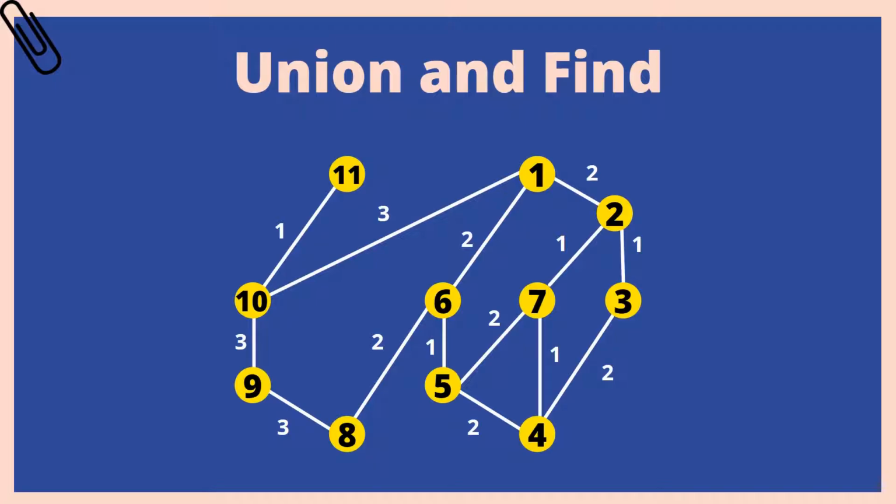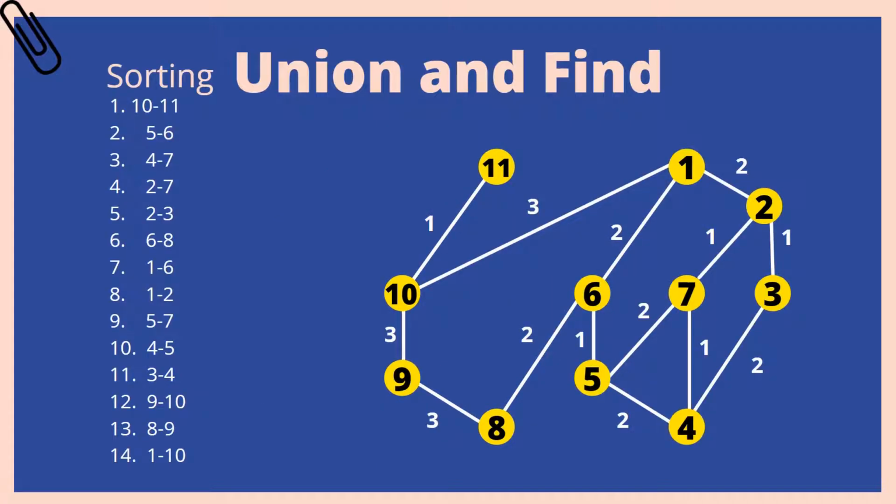So in Kruskal's algorithm, what we are doing first is arranging the edges in increasing order. The first edge which I am going to take is 10, 11. I will consider this edge, so I will make a group for now. For 10, 11, let it be red. What I am going to do is make the parent of 10 as 11.